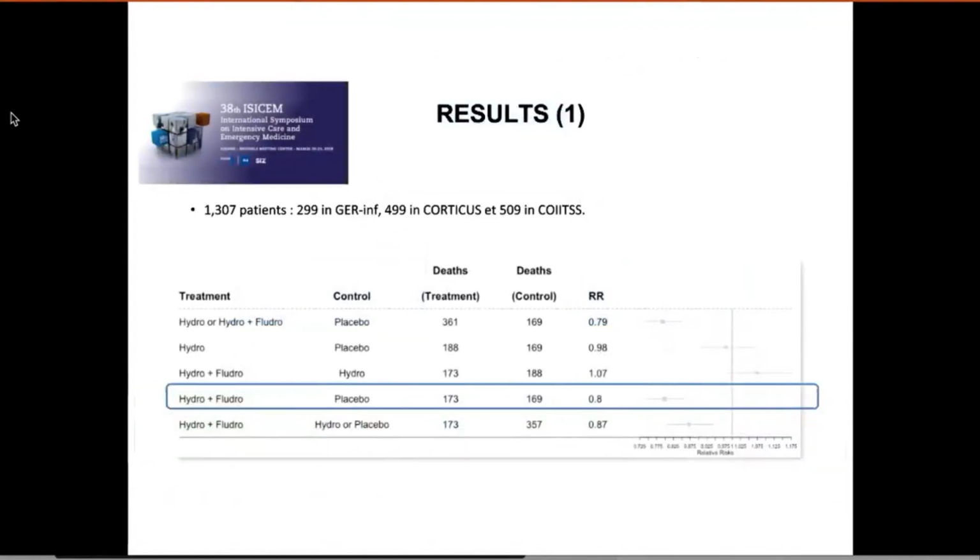So very briefly, I'm going to go over some of the main results here, based, again, on 3 big trials that were published before the one that I just mentioned a couple of slides ago. The nice thing is that we're able to support our initial hypothesis here. You can see that the combination of hydrocortisone and fludrocortisone, as compared to the placebo, was associated with a pretty significant beneficial impact on 28-day mortality.